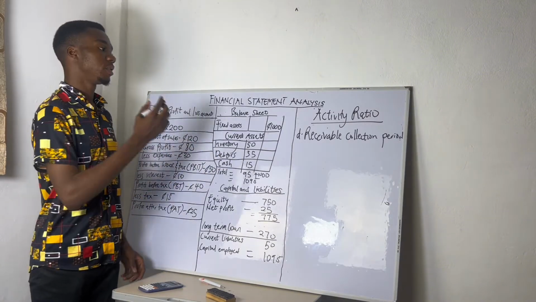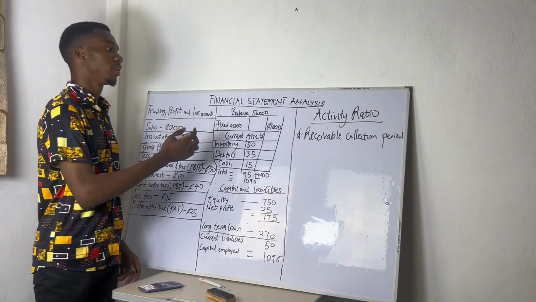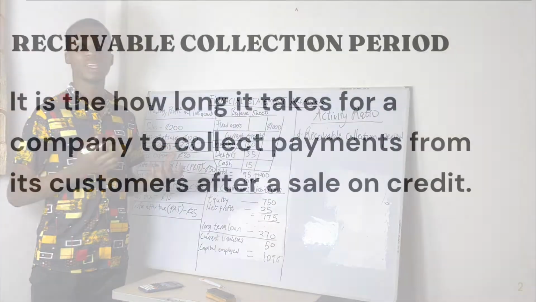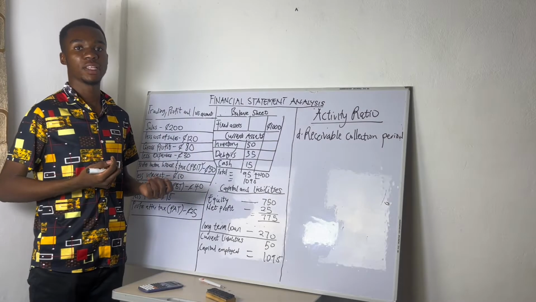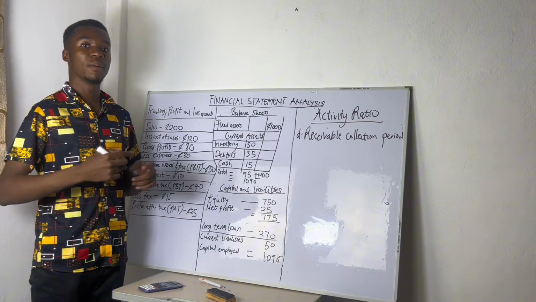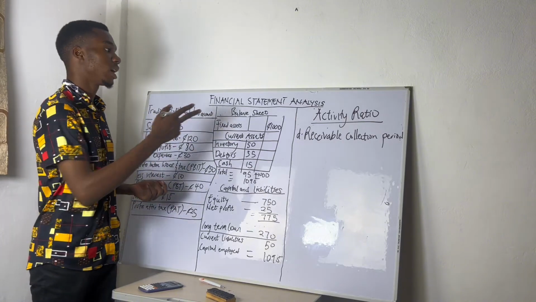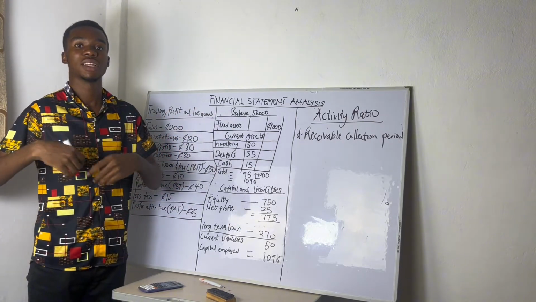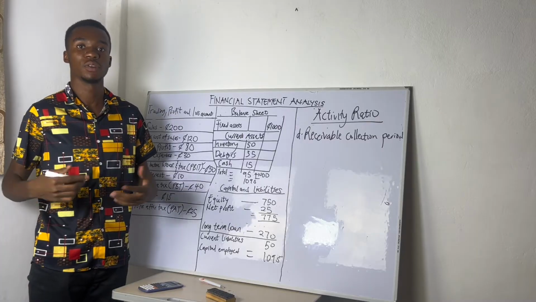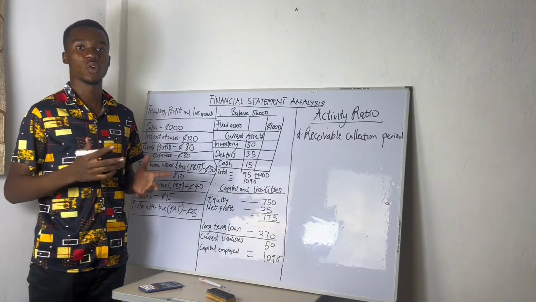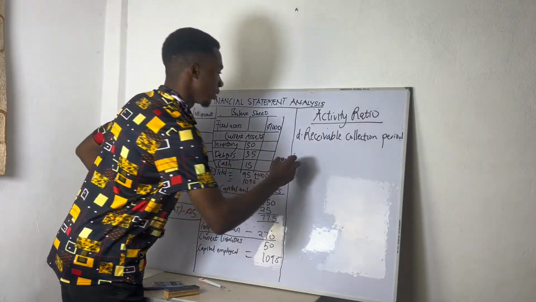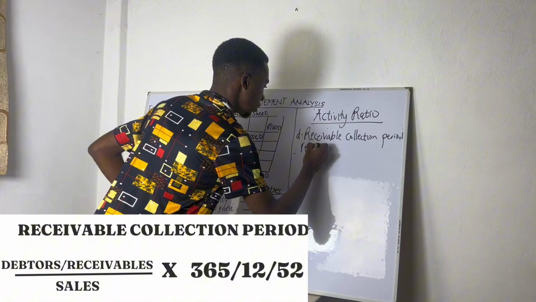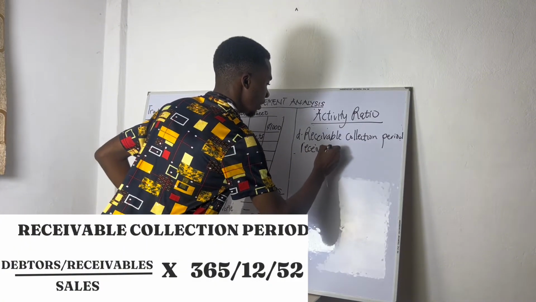Now we move on to the receivable collection period. This is how long it takes the company to collect money from people when they buy things on credit from the company. So if I go to a company and I want to buy something, but I don't have the money now, and I'm buying it on credit, this is what they use to see how long it takes, the number of days or months or years. And the formula for the receivable collection period is the receivables, which is the same as the debtors,